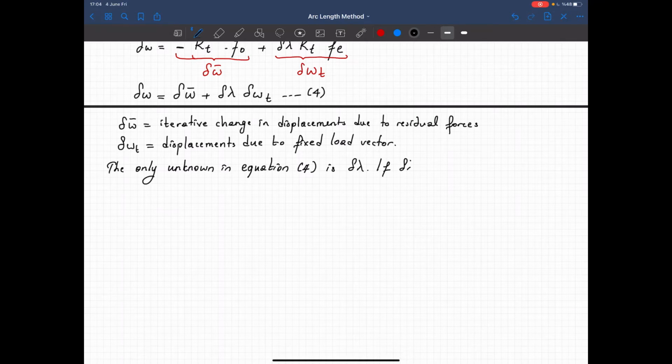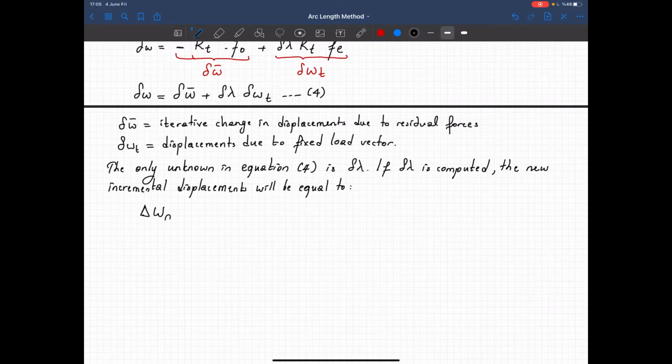If lambda is computed, the new incremental displacements will be equal to, so the incremental displacement, that's the new displacement, is equal to incremental old displacement plus the iterative change in displacement,